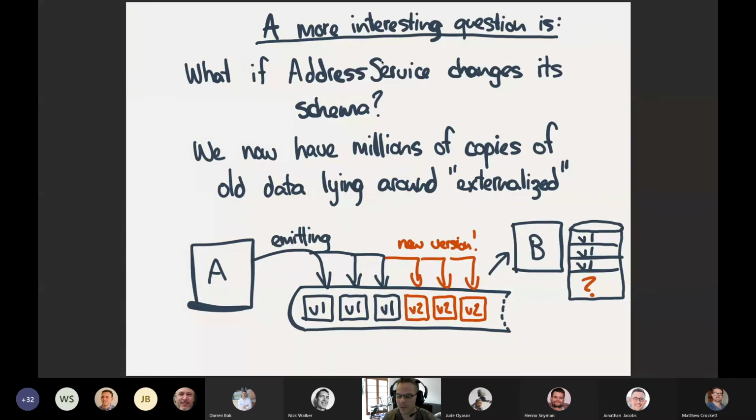So those are maybe the immediate concerns you might have. A more interesting problem is, what happens if the structure of that state changes? Today we kept addresses. It was line 1 to 4 and a postcode. And then into the future we went, oh, you know what, we forgot about the country thing. Now we're going global. We need to add a new country field to our addresses. And it's like, oh, bugger,